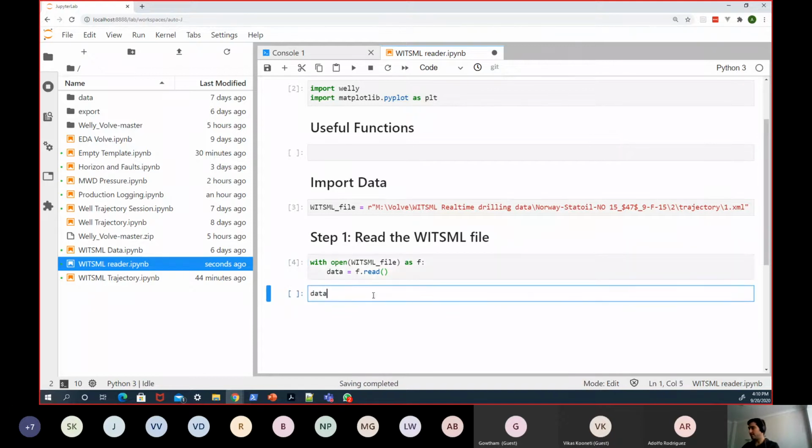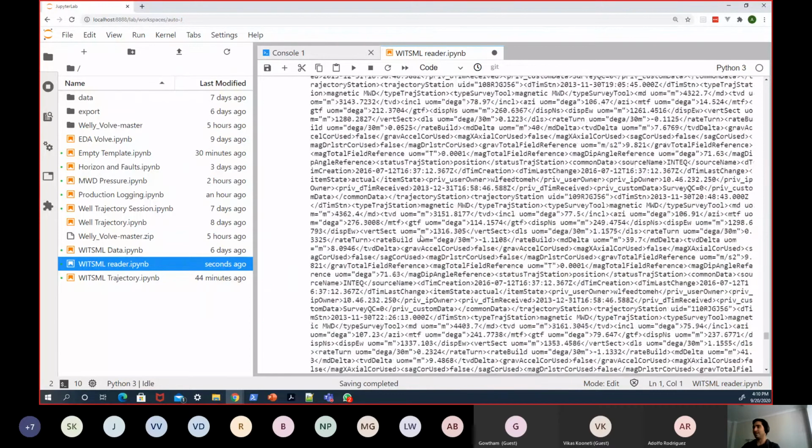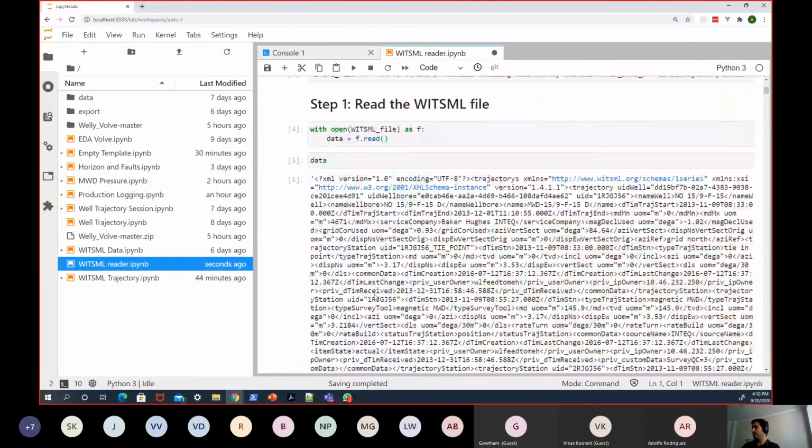So if I show you what is in data, it's a very nice piece of information from that file, which